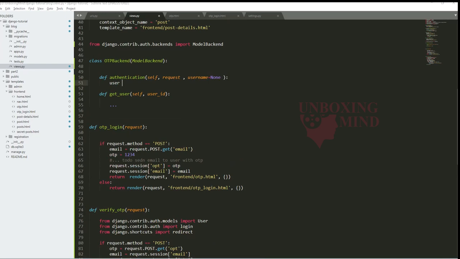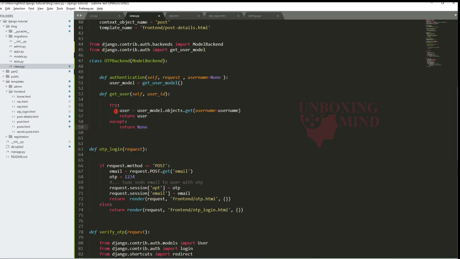Now we need to complete this class that we have partially created. Here we need to get the user. There is one more function provided by Django, the get_user_model. I am going to import that, because we need it here. By using get_user_model, we can check the default, because sometimes we can define our custom user model.